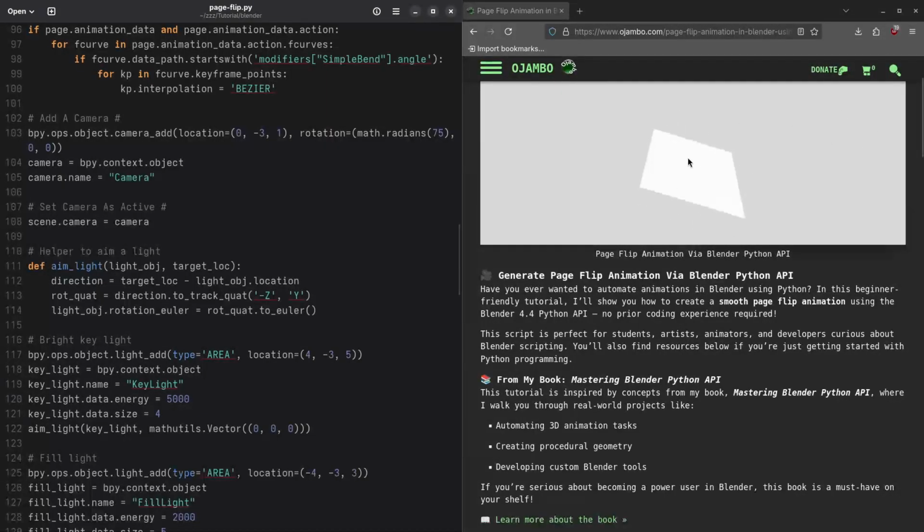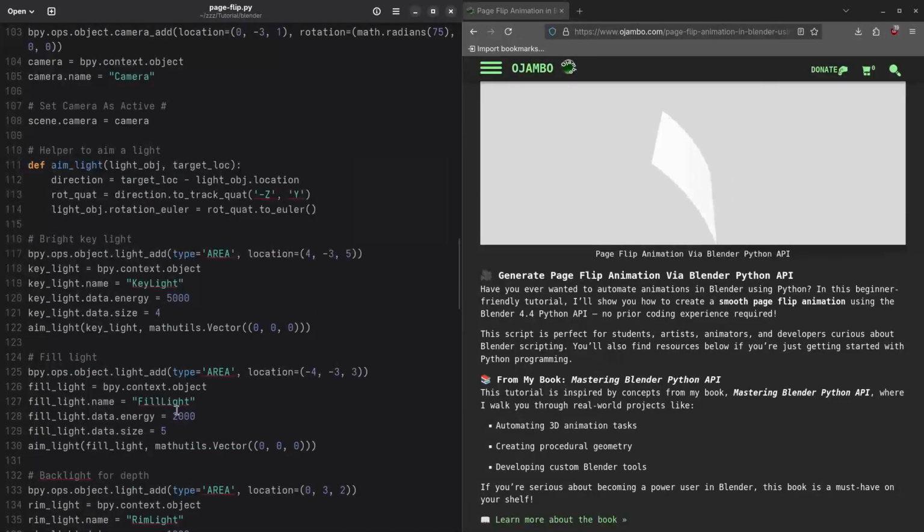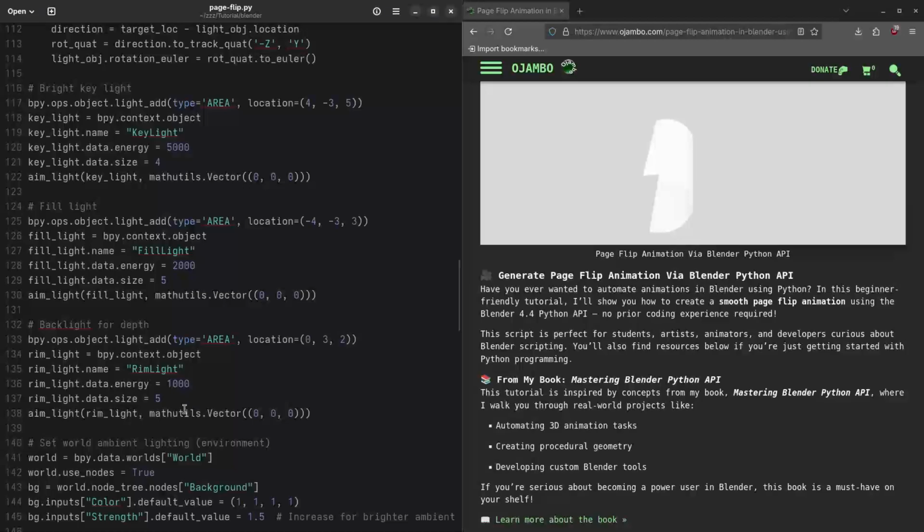Then we set up some lights. Otherwise, it would be way too dark. So we set up 2 lights. The first light we use is the area, and we give it a key light. We give the data energy to 500, size to 4. Then we have a fill light, and we set that one, the energy to 2000, data size to 5. And then we also added a backlight. We also use the area, it's called rim light, and then we set that energy to 1000 and the data